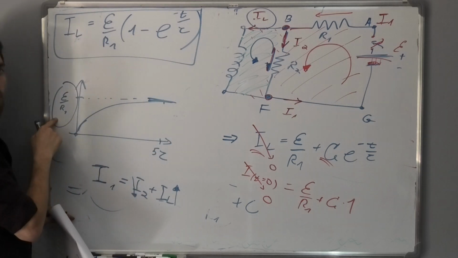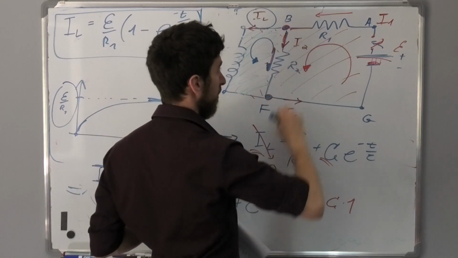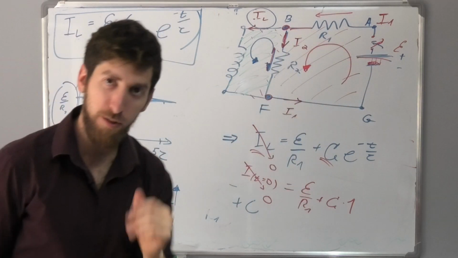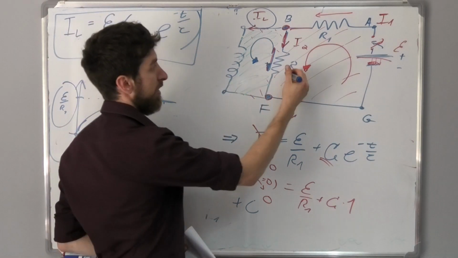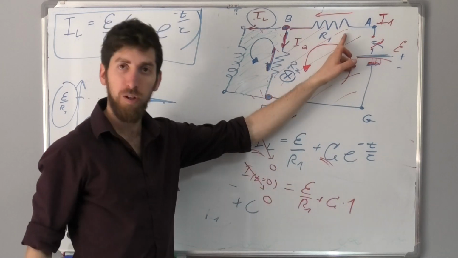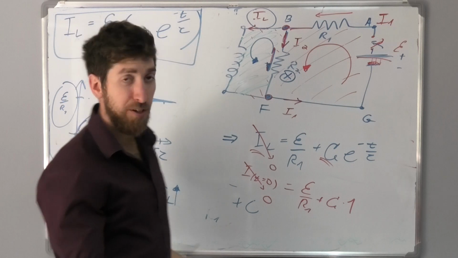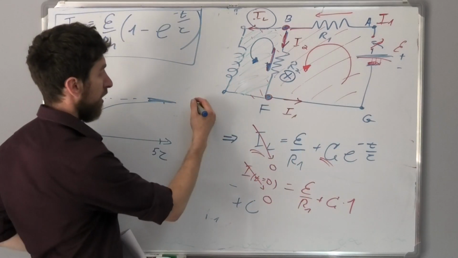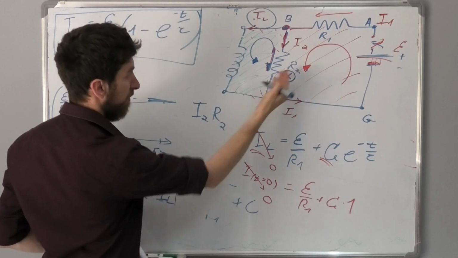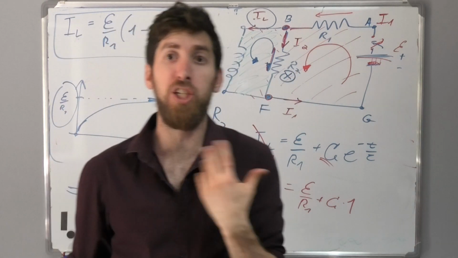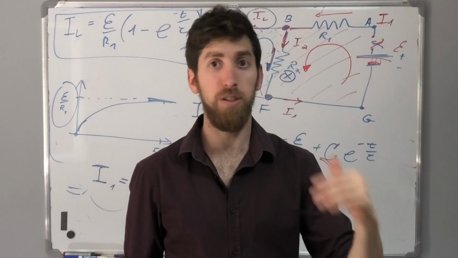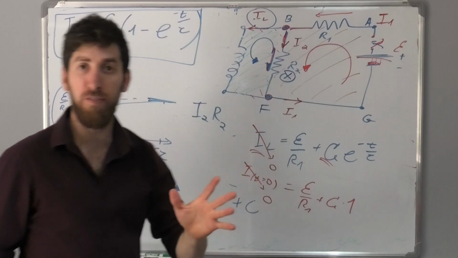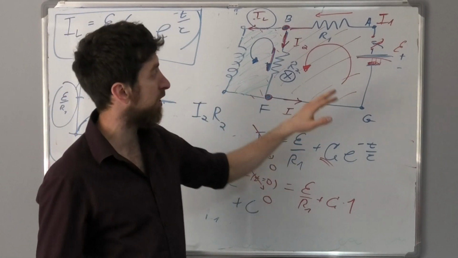So how does my circuit look? My circuit looks like there's no resistor and no inductor at all, only R1. This is the current that I have. A way to think about it: let's say this is a light bulb, the resistance of the system, and when I turn on the device, boom, I see a strong light appear. What voltage does this light have? It's I2 R2. Resistivity is actually dissipation of energy. A resistor can be a heat device, something that's getting hot, or light, or sound, whatever you want to dissipate the energy of the battery. So you're going to see an intense light from this one, but